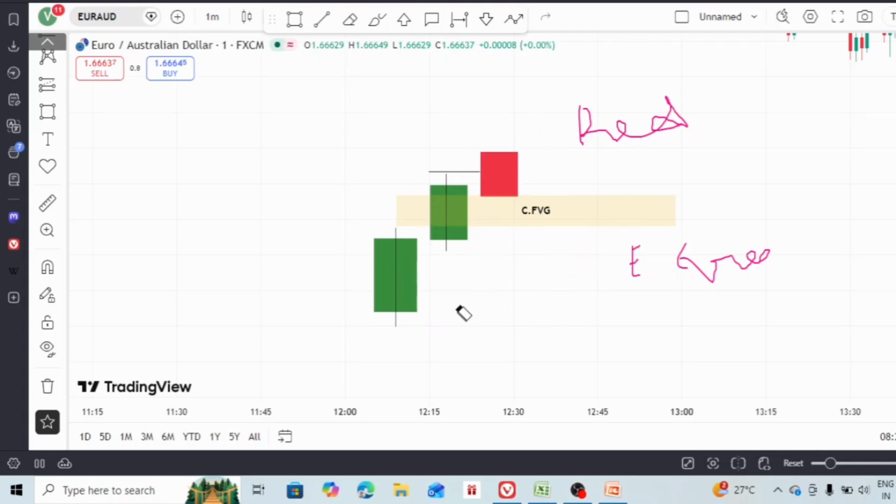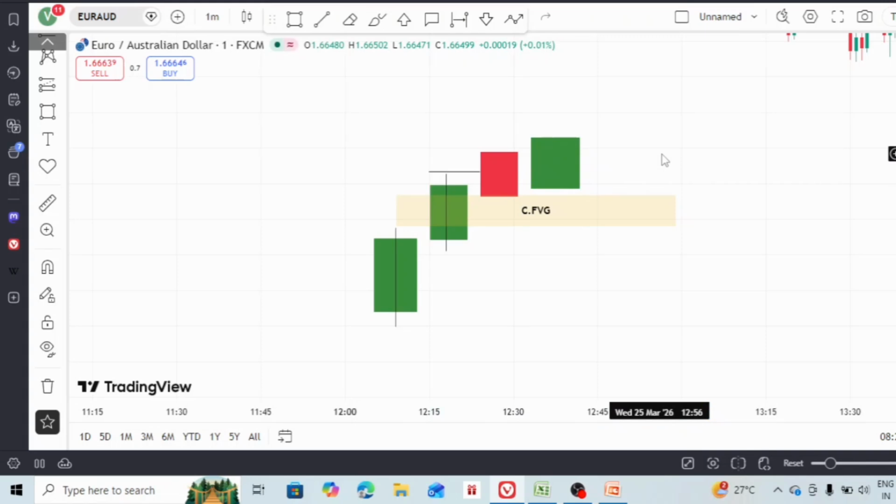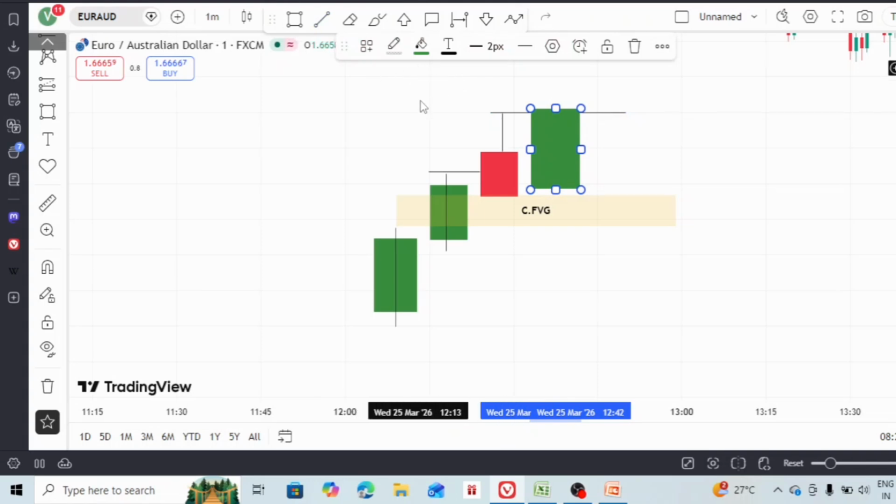Here, if there is the color change fair value gap, you can expect the market to go up directly, even without mitigating the gap. But it is also important that you check whether there is enough space available or not. If there is no room available, say for example, we have the target over here, we will talk about the target of the market, and the market has reached the target like this,